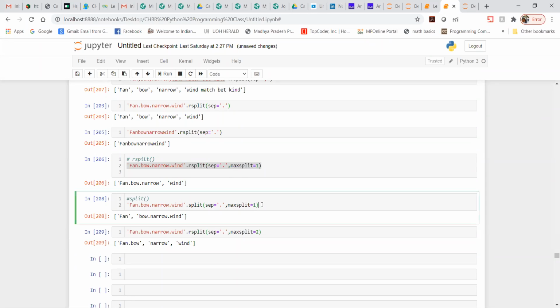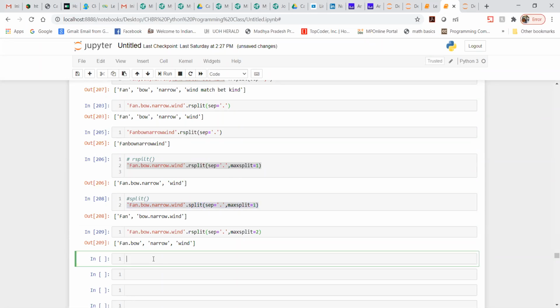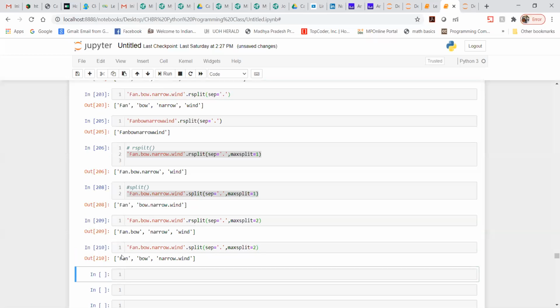Same way, suppose I write split here and mention maxsplit is equal to 2, that means it will do the first fan and bow as the maximum split of 2, and then narrow and wind are combined into one. So you can clearly see what exactly the difference is between these two.